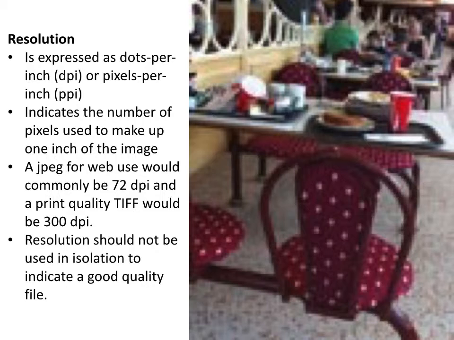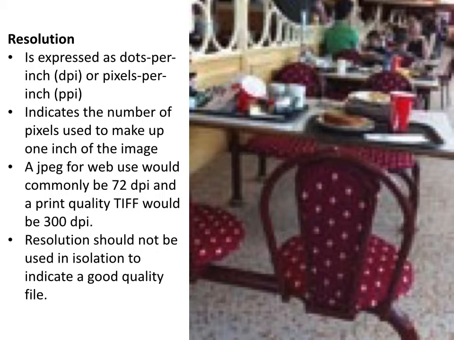Resolution is normally expressed as dots per inch, or DPI. Sometimes you see pixels per inch and sometimes centimetres per inch, but most commonly it's DPI. Resolution indicates the number of pixels that are used to make up 1 inch of the image. A JPEG for web use would commonly be 72 dots per inch, and a print quality TIFF would be 300